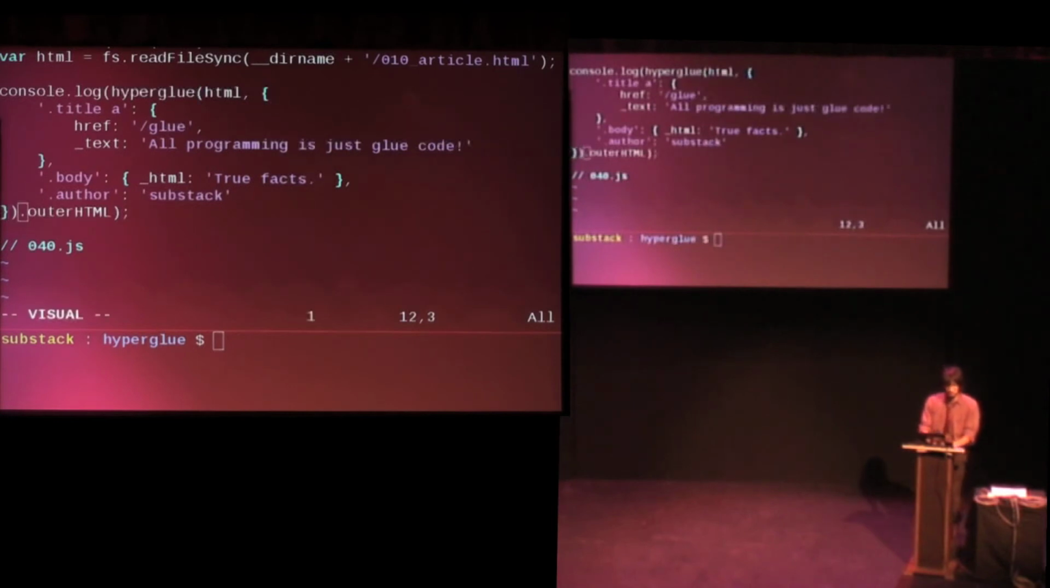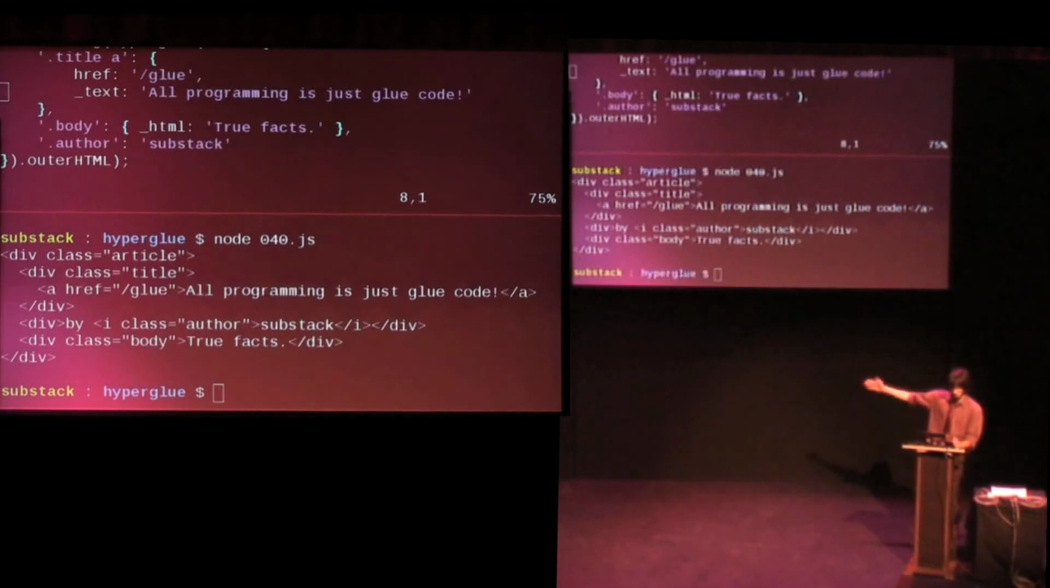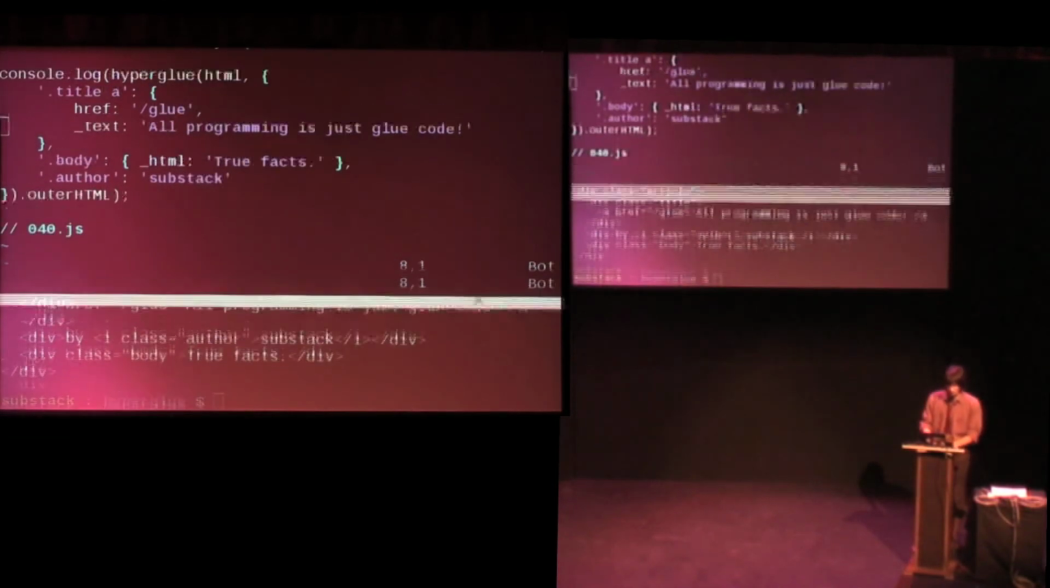Here we're doing a .outerHTML, so it kind of looks like a DOM element. Of course, it's not, because we can just run it in Node, and we get this output. So here it just did all of the replacements like you might expect. But the cool thing is